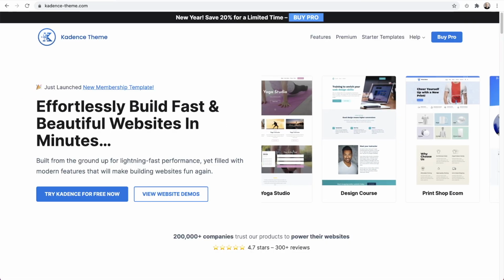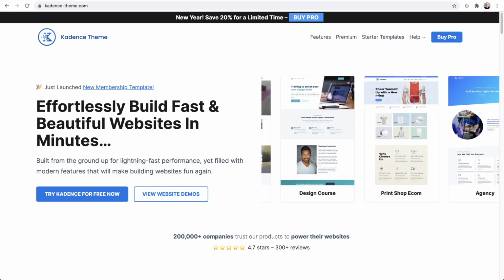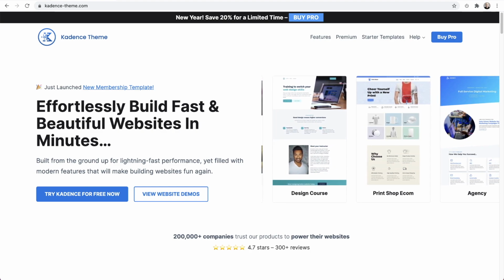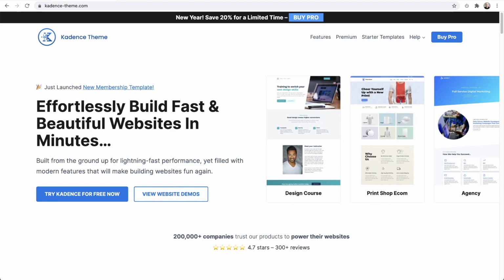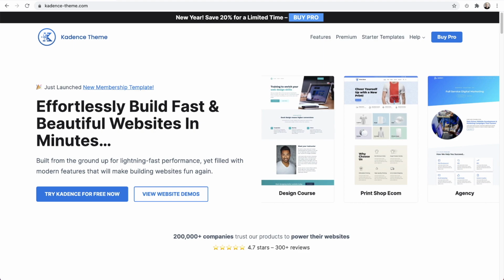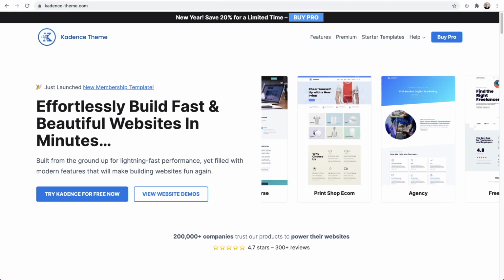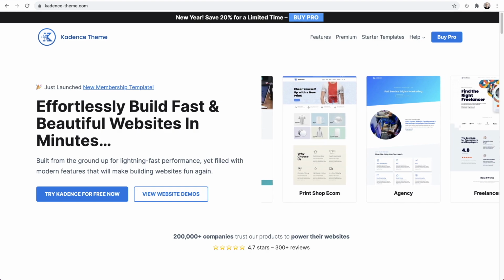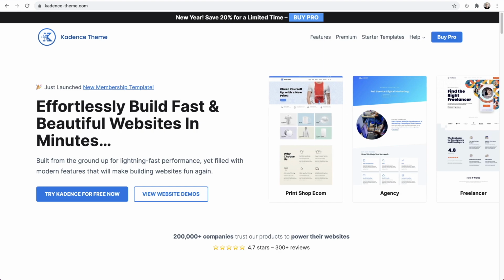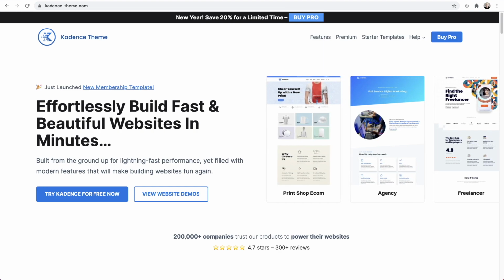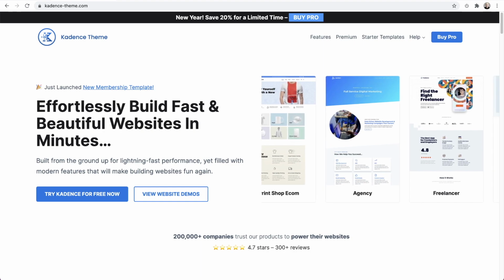So now I want to show you how you can make a custom child theme that will hook into the Starter Templates plugin that will make it easy for your customers to get access to your knowledge and expertise. Now, this is a new plugin from Kadence, and it is only in the membership. So it's going to require that you are a Kadence member to download this new plugin, Kadence Child Theme Builder.